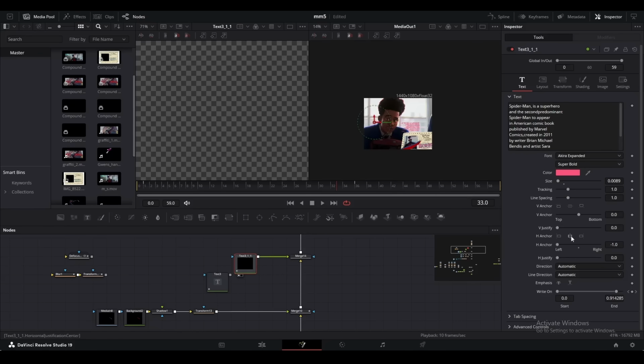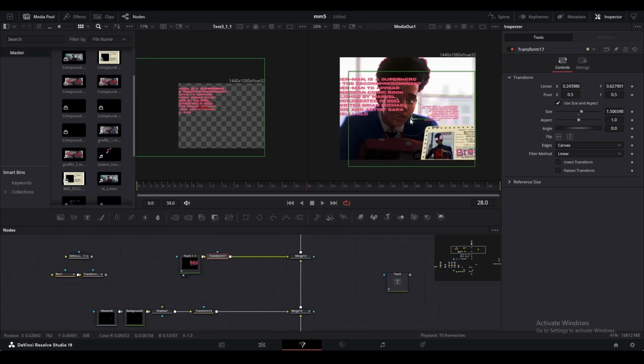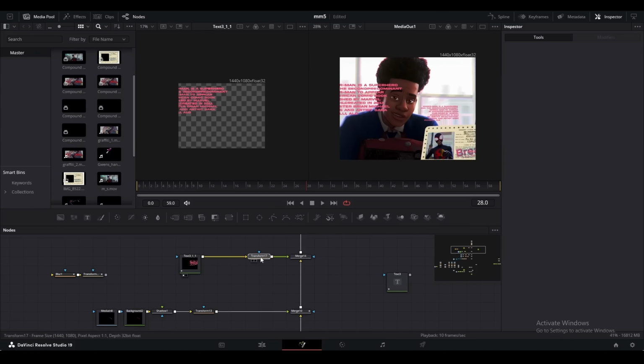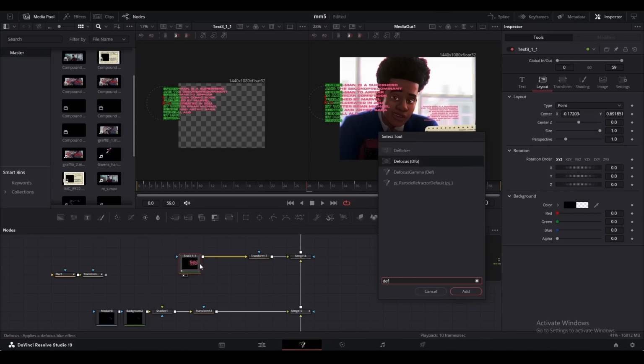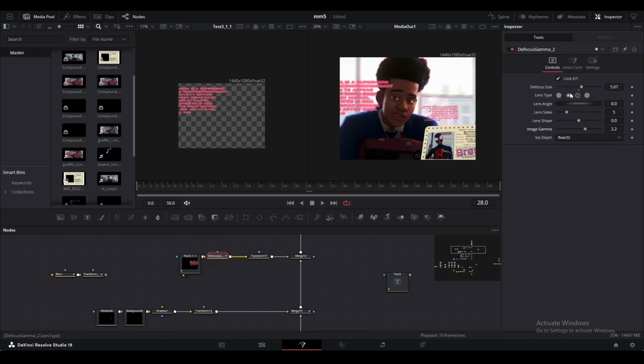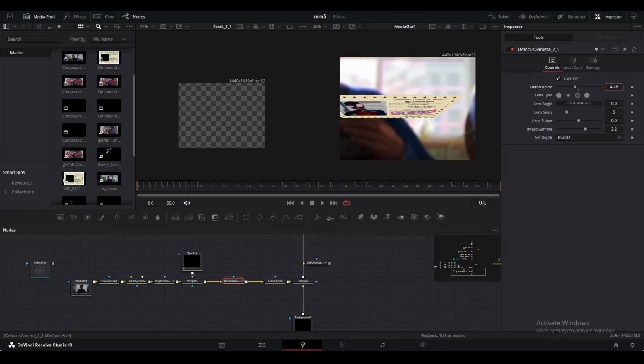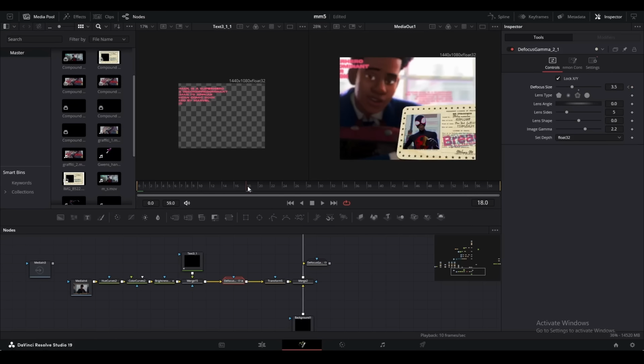So bringing this over and increasing the size by quite a bit. I'll go ahead and use a transform here and just move this over. And then I can go ahead and add a defocus. And because it clips the edge here, I'll just bring this up and over. So I typically use this middle one here, and I'll also copy and paste it over to the bottom like so. So we'll have the blur be less strong